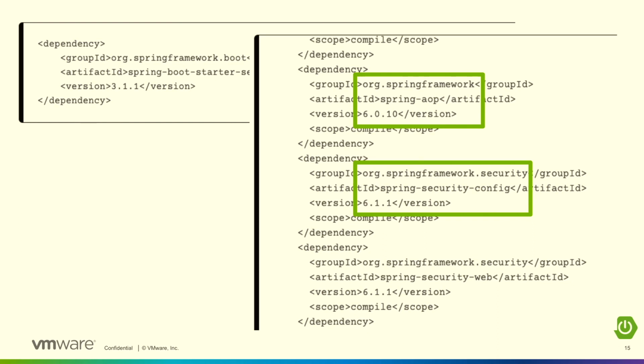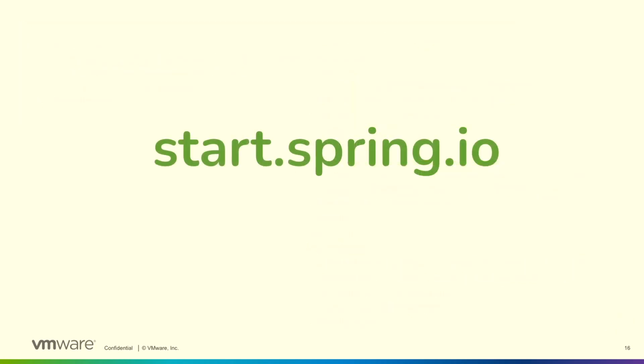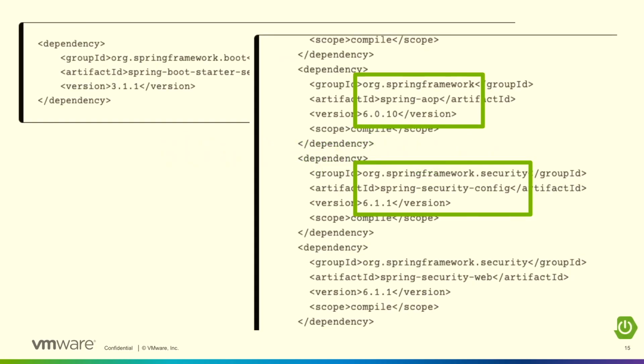And the great thing is that you don't need to know any of that. You don't need to know which versions are going to be compatible with other versions, and Spring Boot manages all of that for you. Additionally, when it comes time to upgrade, you don't need to go through each individual project and upgrade. You upgrade your Boot version number, you'll get a new starter with a new set of dependencies, a new set of version numbers, and off you go.